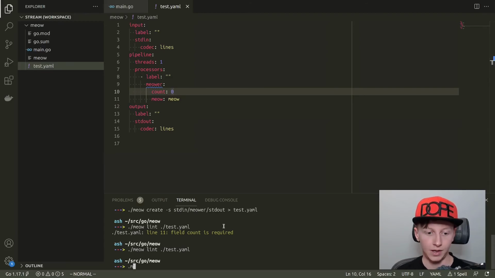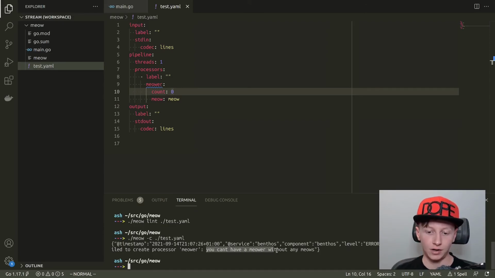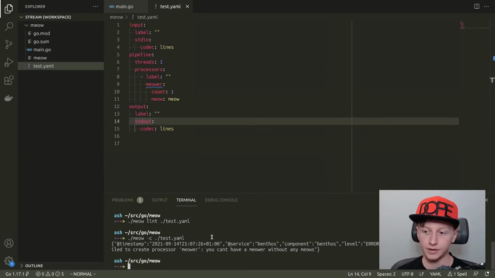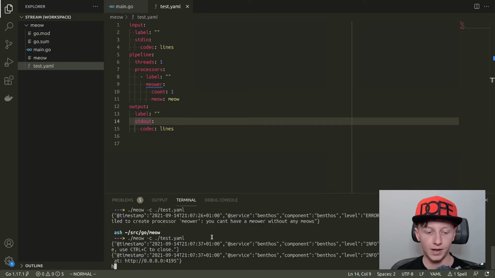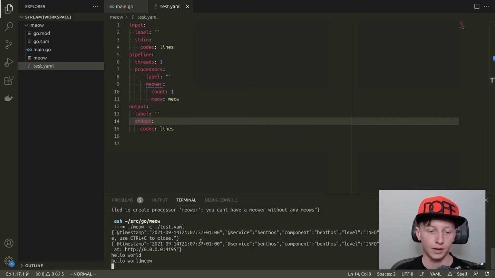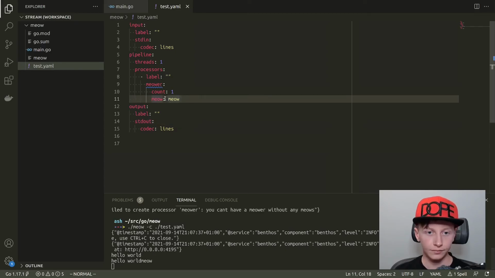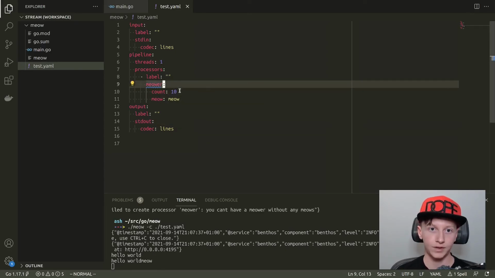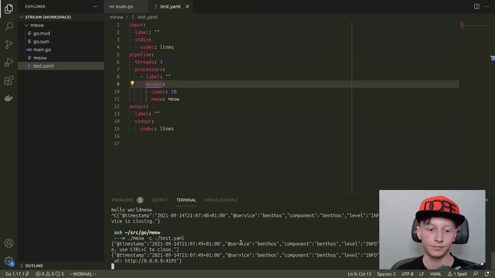Let's do it. Meow. Let's run my config. It should tell us you can't have a meower without any meows. You're right. We can't have a meow without any meows. So let's add one. Count 1, and now hello world. Hello world meow. So what you're going to notice, if we increase the number of meows dramatically,